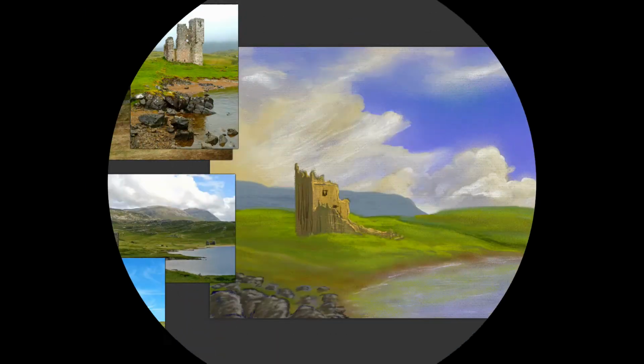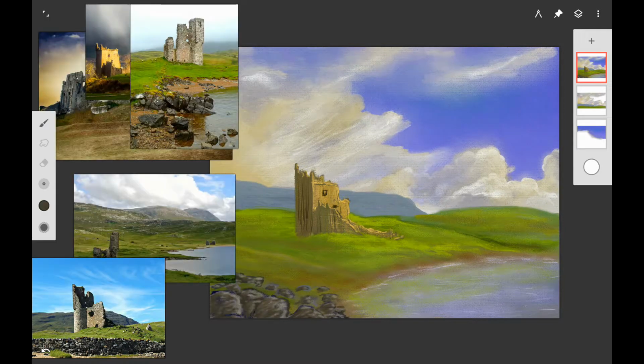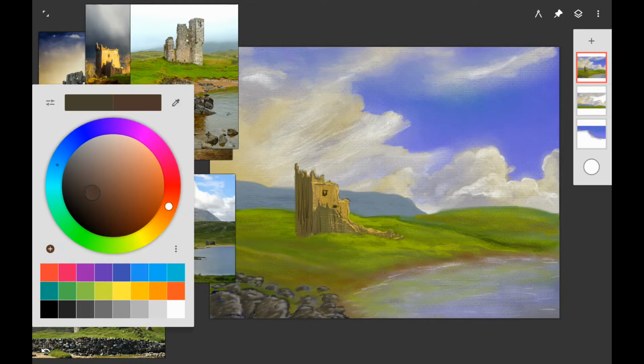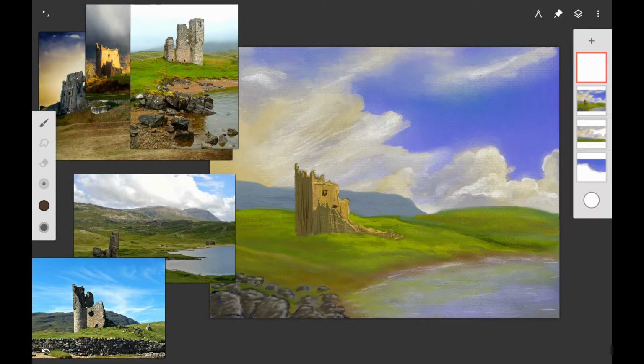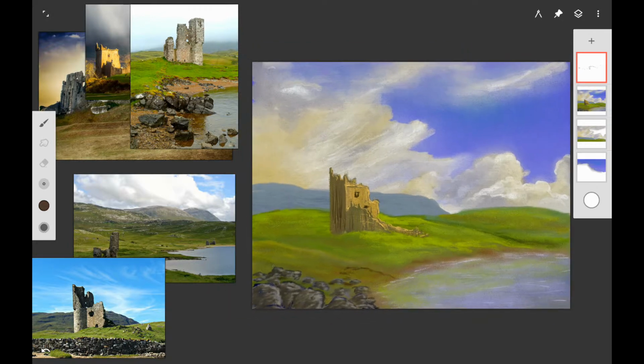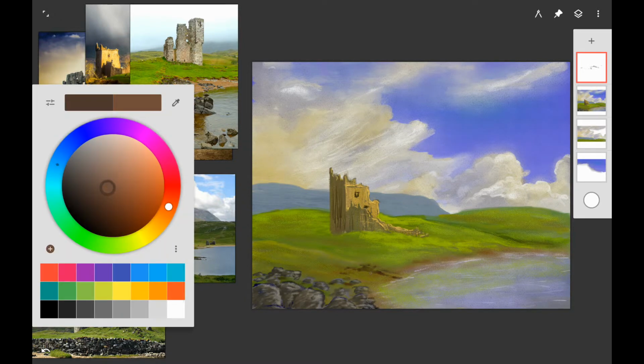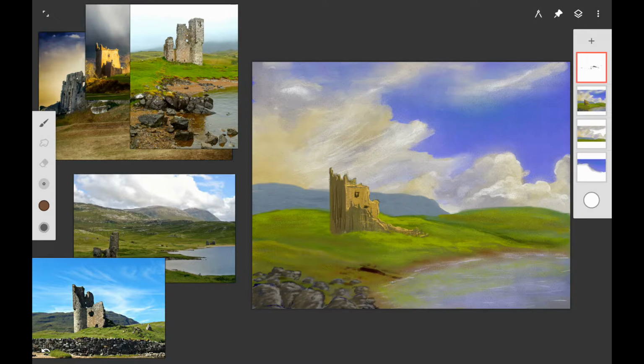We're going to be using Infinite Painter for Android, and we're going to start by working on the shoreline just a little bit and adding a little bit more of the dark browns to the shoreline just to give it more of a texture, like there's mud and dirt up against the grass and up against the edge of the lake. And you can use your pastel pencils for this and take a sort of a dark